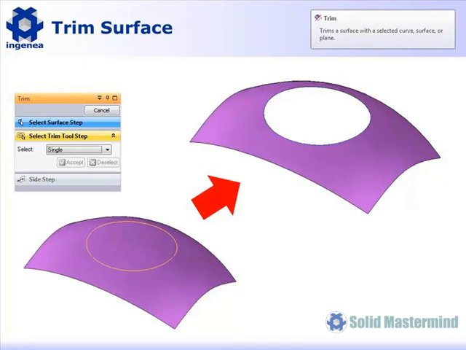For this reason, the trim surface command is often used in conjunction with some of the other commands we've already looked at in other sessions. For example, we may use the project command to project a sketch onto a surface. The projected geometry could then be used to trim the surface. Alternatively, we may use the extend surface command to extend another surface so that it intersects the surface we're trying